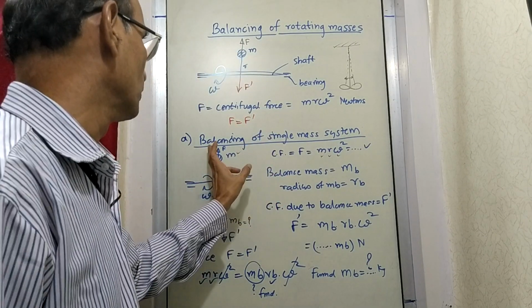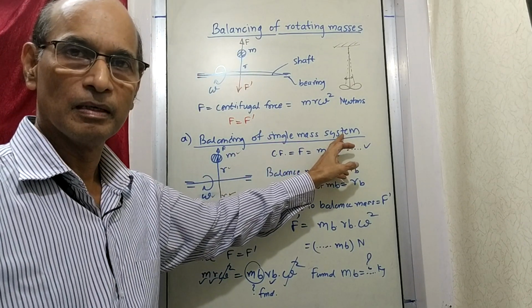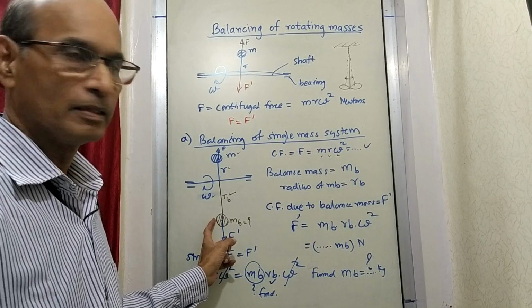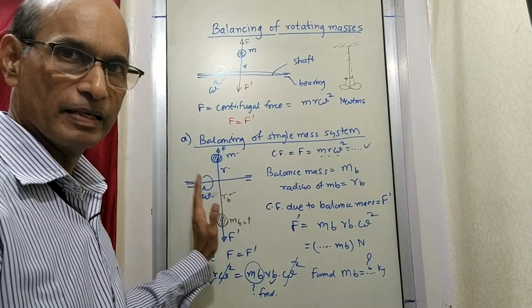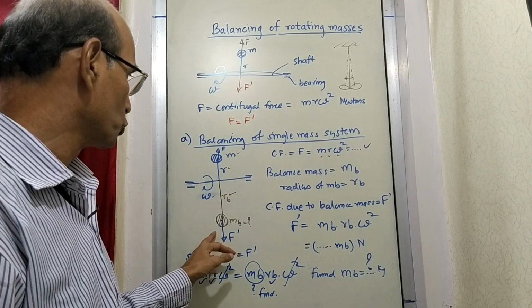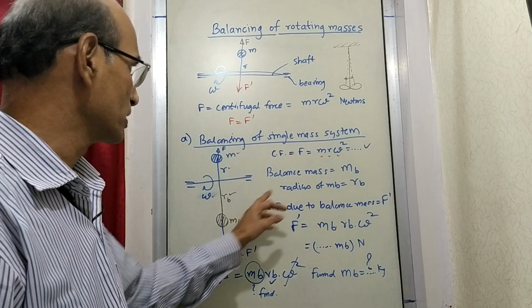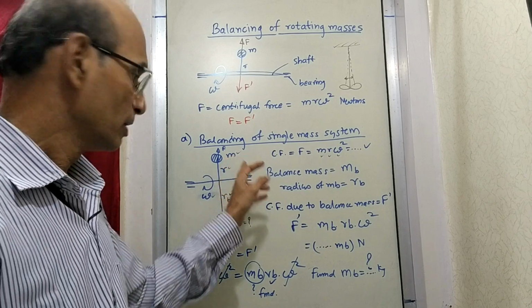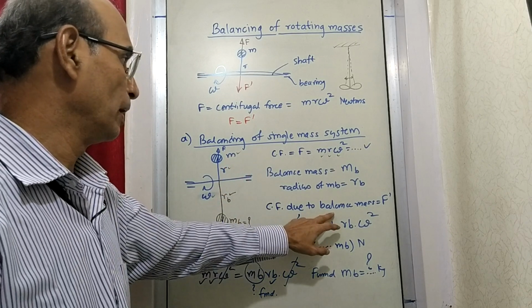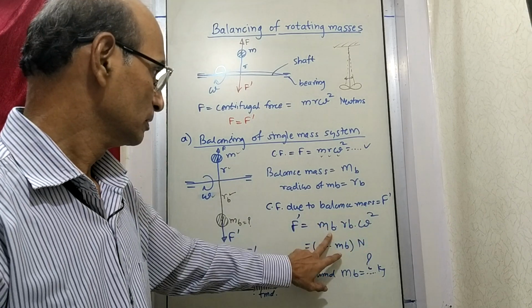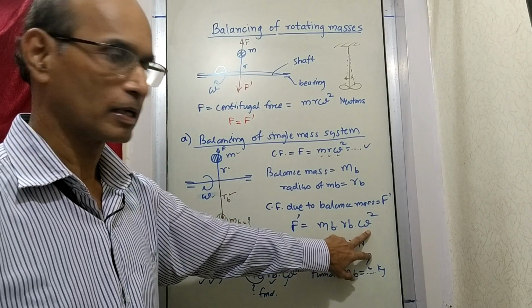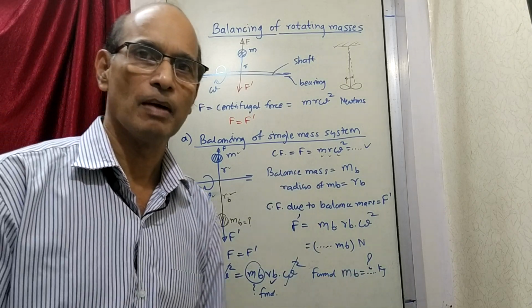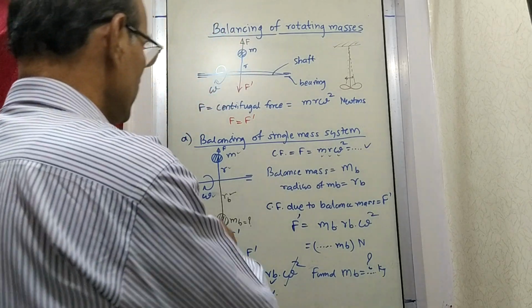And this is the actual exercise given, balancing of a single mass system by adding a single balance mass. So this was our balance mass kept in the same plane, and then what we have done is we have shown it by the centrifugal forces. The centrifugal force by the mass which is there, and the centrifugal force applied by the balance mass, m_b r_b omega squared. These two should be equal. So that gave us the balance mass you are supposed to add, and then this becomes the figure.